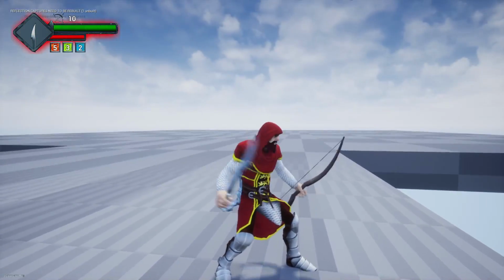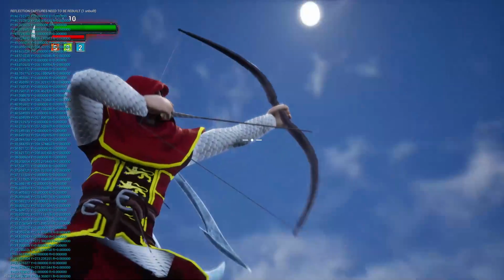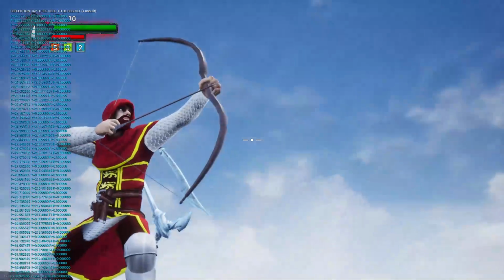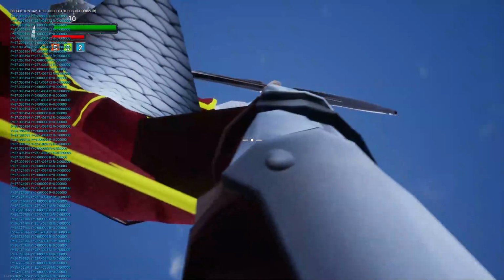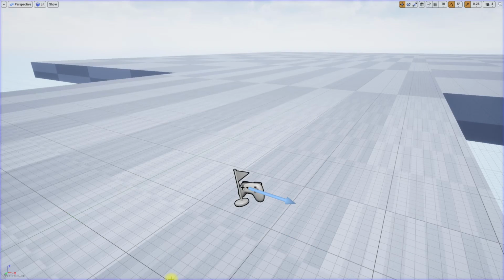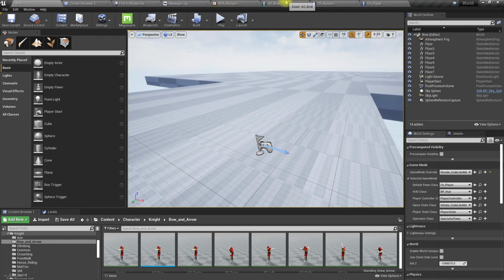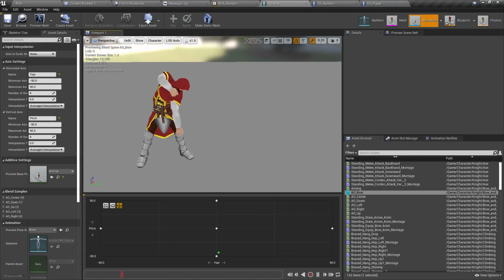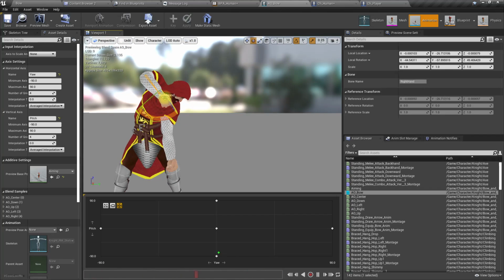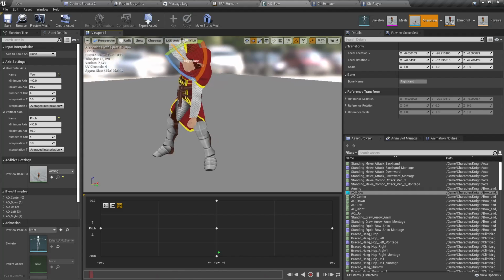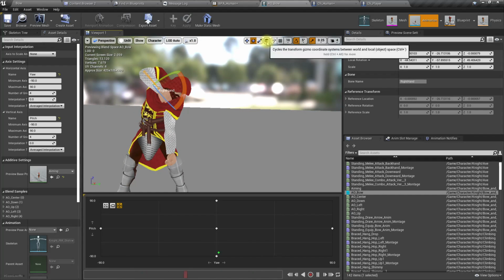right. So in order to turn the arrow also towards the aiming direction, we will have to turn the right hand towards the aiming direction as well. So we will have to modify this a little bit. Yeah, this hand should be directly looking down.